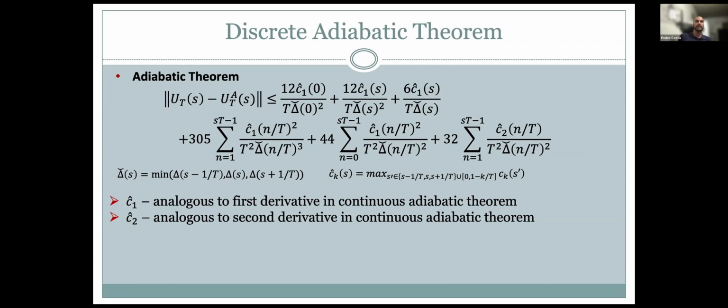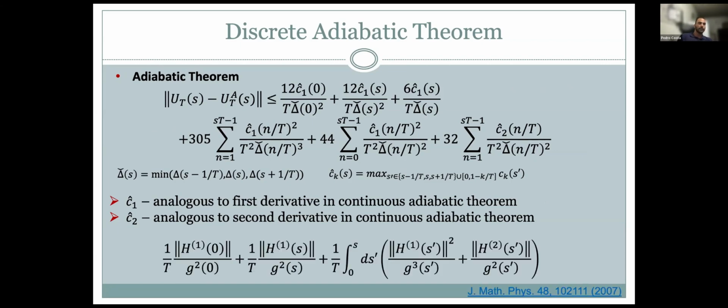It's a better way to present it, because it's a nice way to compare our results with the continuous version of the adiabatic theorem. For instance, here you see that these quantities are quite related. You see that it's the same kind of ratios appearing. So in the continuous version we have the dependence on the derivatives of the Hamiltonian, and the derivatives of the Hamiltonian are related with our functions C1s, right? So C1s appear from the difference of the walk.